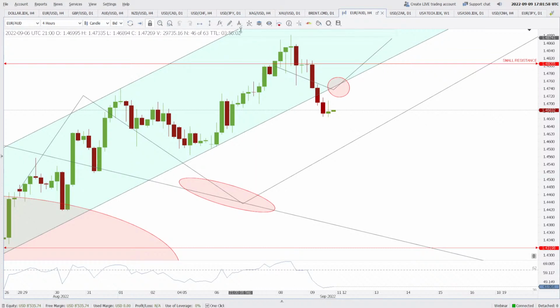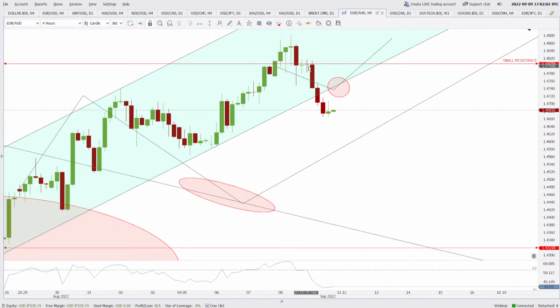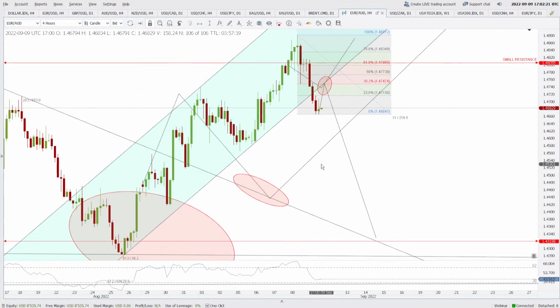What you can do, I do it very rarely, but there is a possibility that you will find sellers at the 50% or the 38%. Maybe this 38% or this 50% may invite some sellers like this. Maybe something of this sort will happen next. Okay, let us see how things unfold. I will just keep this on my chart and leave it like this.